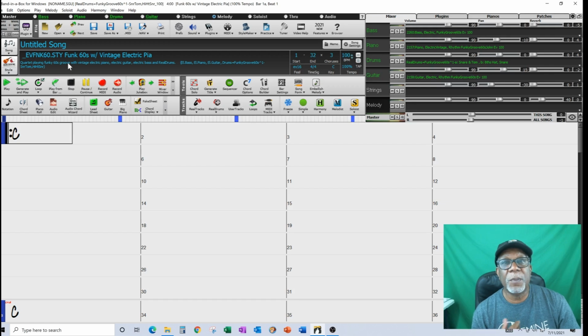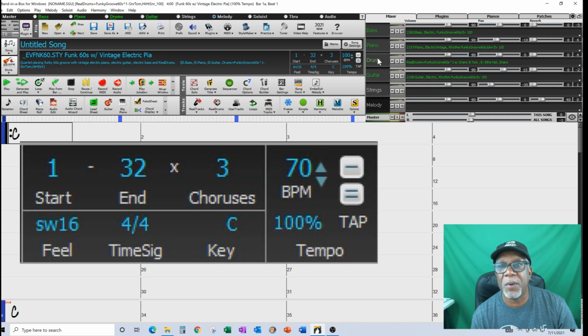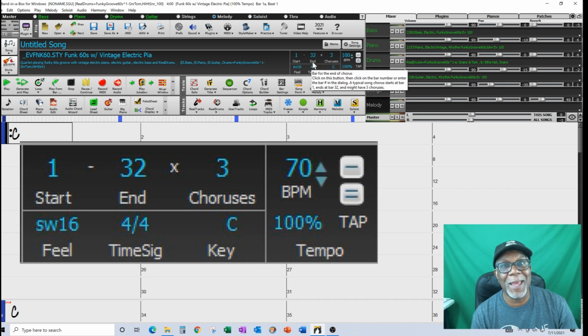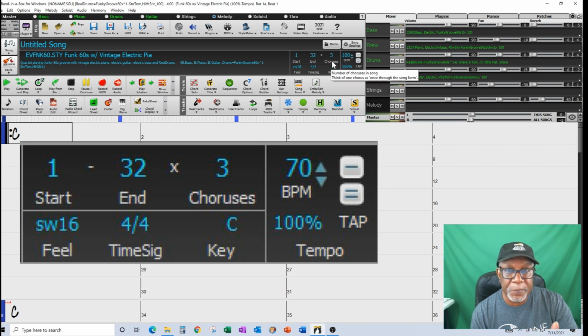But for basic newbies, you've got a style window here, and you can type in the title of a song once you get a song going, right? But more importantly is this section over here. I'm circling this, and you'll see I'll have little charts, a chart in the corner that just extracts that section, right? Where do you start, bars you start from, bars you end at, number of choruses,